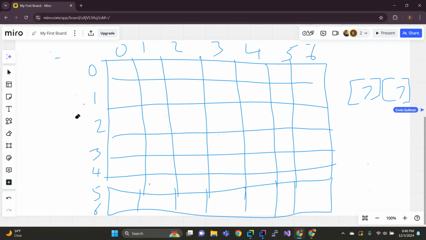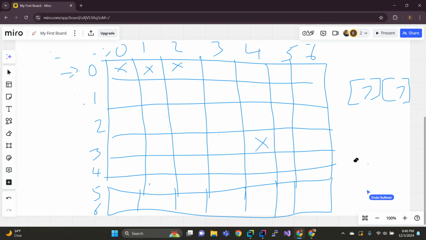And each one of these cells, this is a cell, that's a cell, that's a cell, has an address. And the way that a two-dimensional array works is you always specify the row first and then the column second. So for example, if I want to put something into, let's imagine this cell right down here, I would say, assuming that this is called my array,